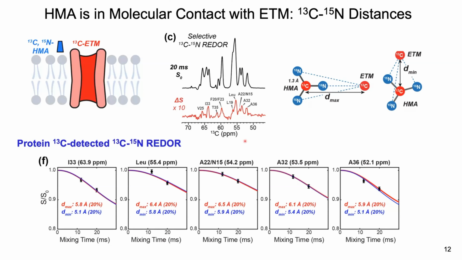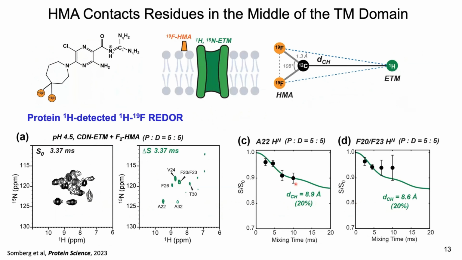And here the protein signal C alpha region can be dephased only by the M15 labeled drug. And we see that indeed we have dephasing. So that means these two molecules are in close contact. And now let me switch to the last combination of isotopic labeling, where we have fluorinated HMA combined with